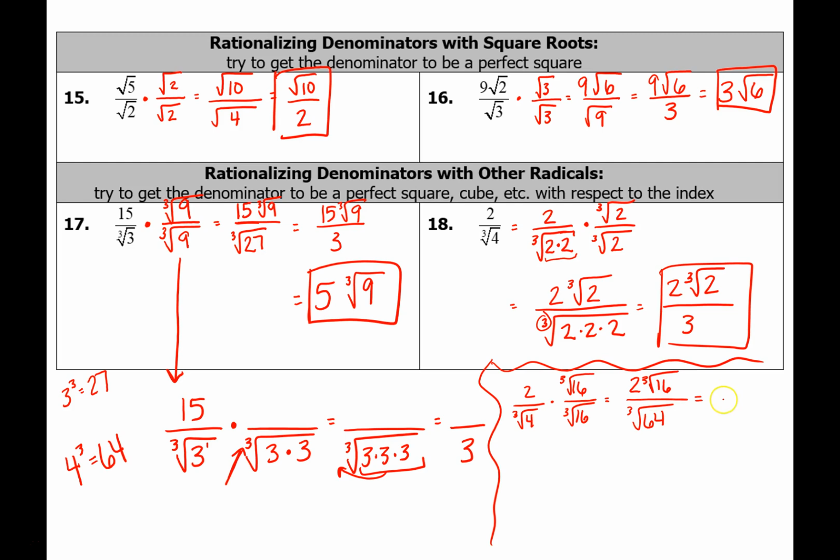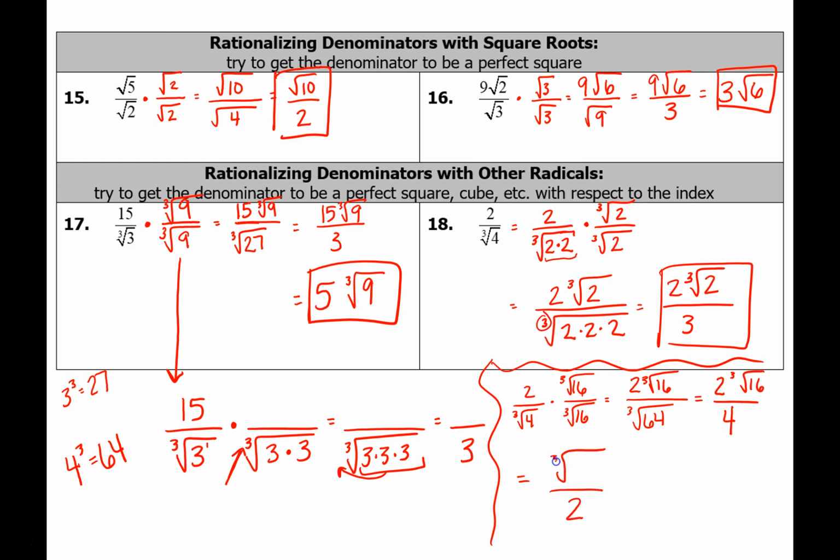So the cube root of 64 would simplify to 4. And then I would still have more work to do, because I could simplify 2 over 4 to 1/2, but